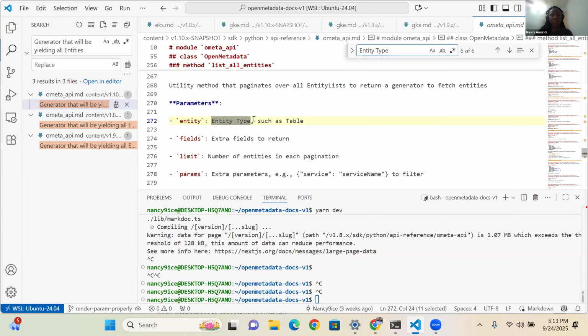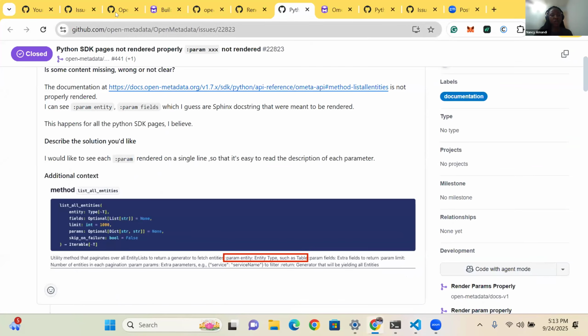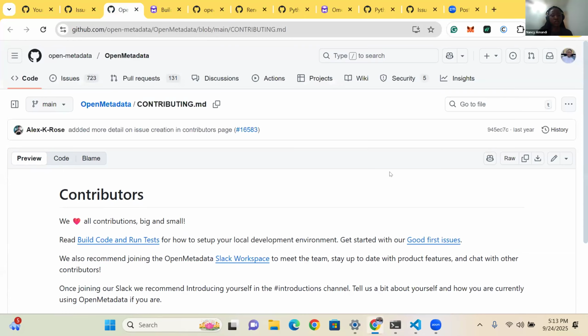So when I was done, I did not just make a pull request after making those changes. I needed to confirm that those changes I made actually work fine and are rendered properly. So after doing the whole building, because I needed to go through, just in case you've not contributed to OpenMetadata for the first time, another thing I missed is when you come to the GitHub, you need to go through